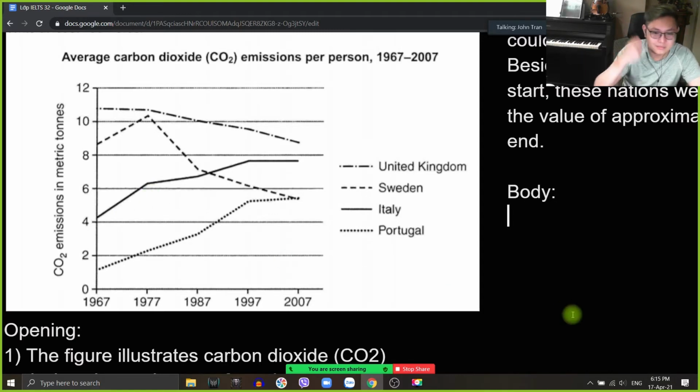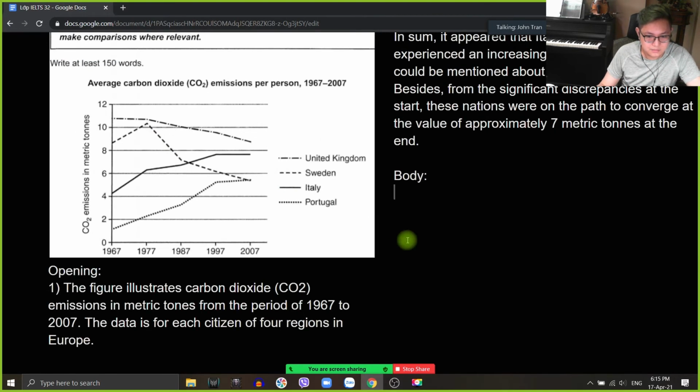What can you say? Let's talk about Sweden first, shall we? Bây giờ nói về Sweden đi. Firstly, with Sweden, it appears that with Sweden, or you can say firstly, Sweden witnessed, đã trải qua, đã nhìn thấy được. So with Sweden witnessed